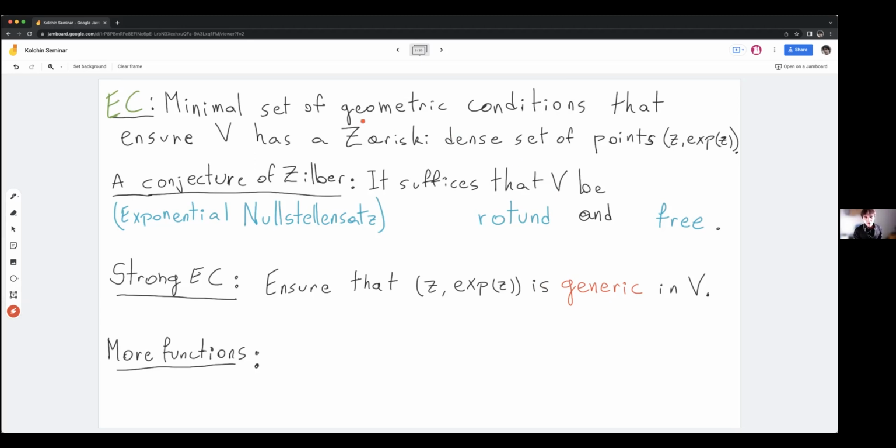He says the geometric conditions that V has to satisfy are two. One is called rotundity and the other one is called freeness. Now, these are somewhat technical conditions, so I didn't want to write them down explicitly because it would take some time. But what they're trying to do is actually very natural. The rotundity condition, for example, is there to ensure that certain dimensions are large enough. So the variety V, under rotundity, is required to have dimension at least n. And certain other varieties you can build out of V are also required to have a certain amount of dimension at least. And so rotundity is just making sure that V and some other varieties you can build out of V have enough space for there to be points in the graph